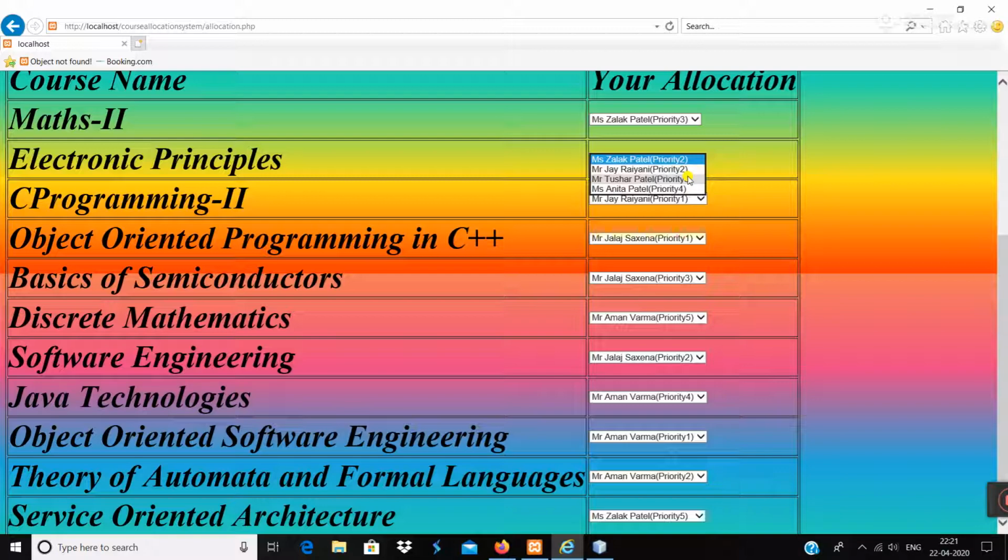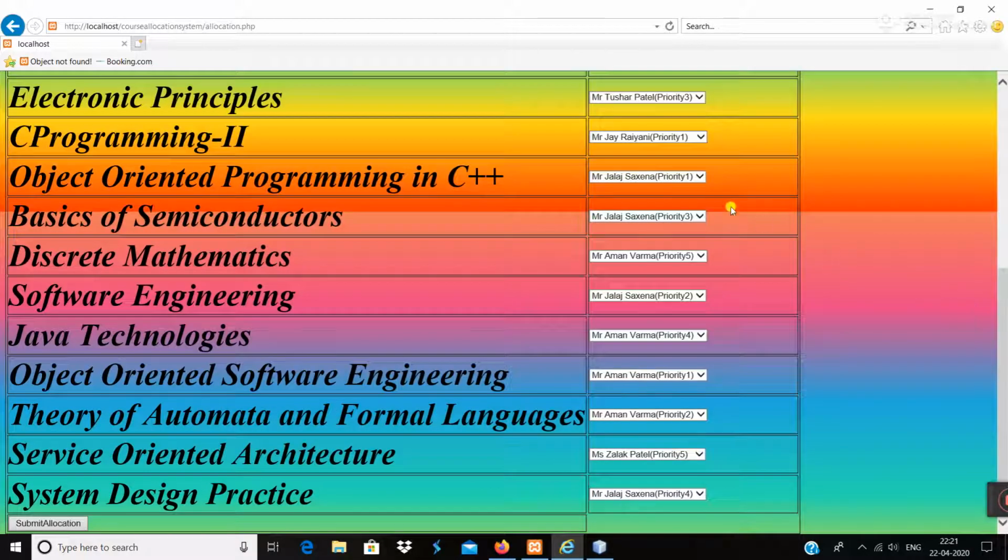Right now, as in EP, you can see there are 4 options. So whichever option the head of the department will be assigning, let's say we assign Tushar Patel.